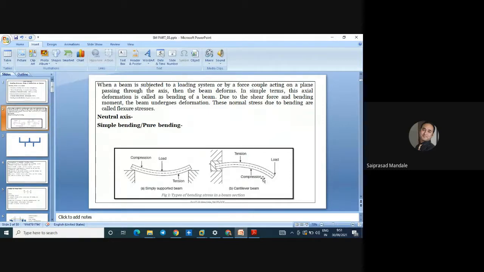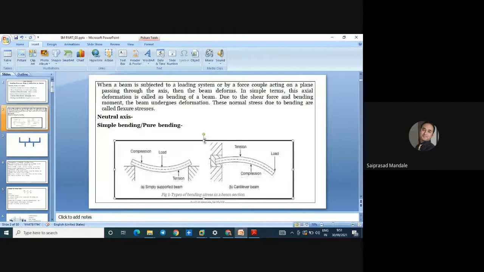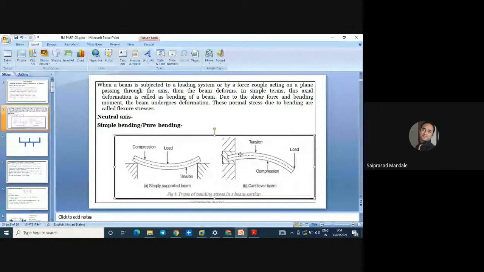So what are the different effects of that loading over the bending on the different sections? That is called strength. So this is the simply supported beam. You can see there's a bottom layer, there's a top layer, and there's one neutral axis or neutral layer. So these are the three layers. What exactly does that load affect, and how does that load impact the structural member of that particular beam? That we are going to look at.